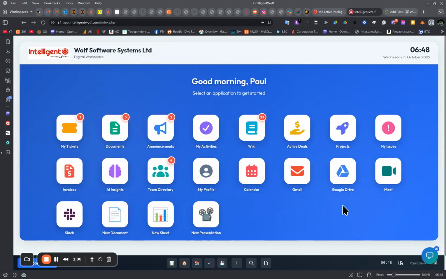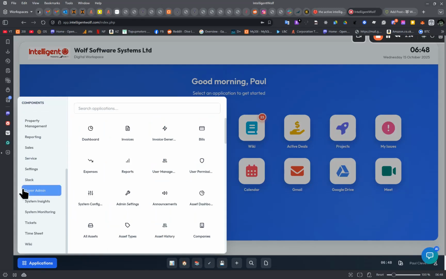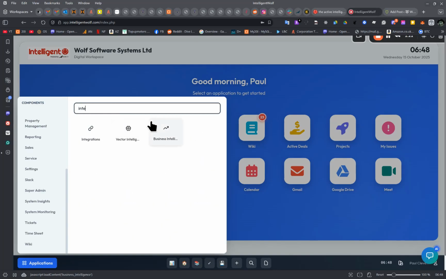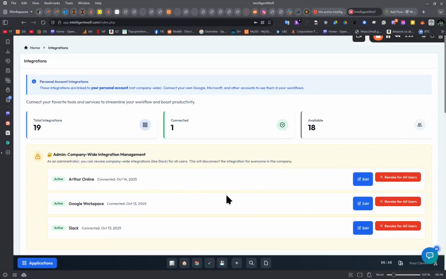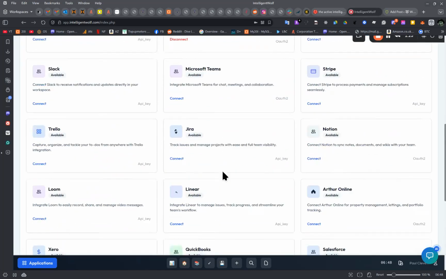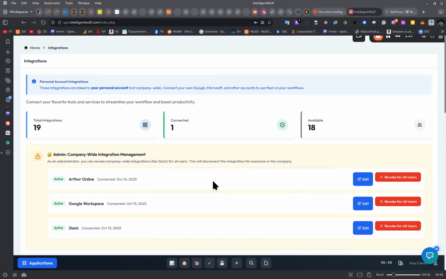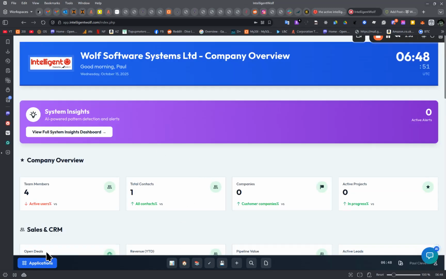We've got full connectivity into various different things. If we go to applications, you can see there's a lot of stuff in here. I can do integrations, so you can see we can integrate with a lot of different systems, and we can build any integrations the client needs. Now that's not what this talk is about. This talk is about